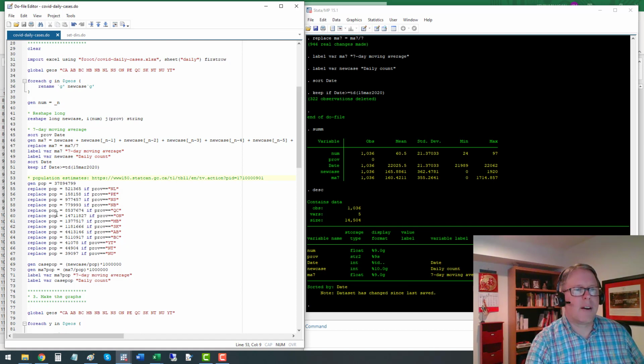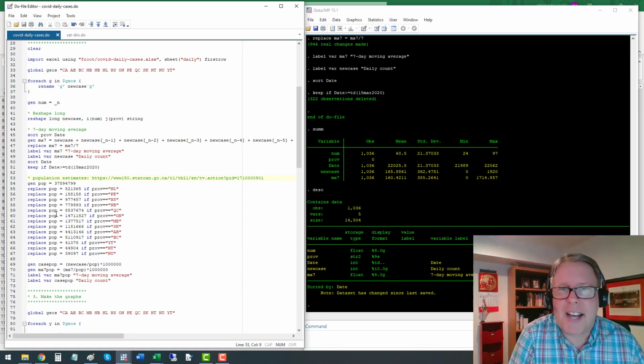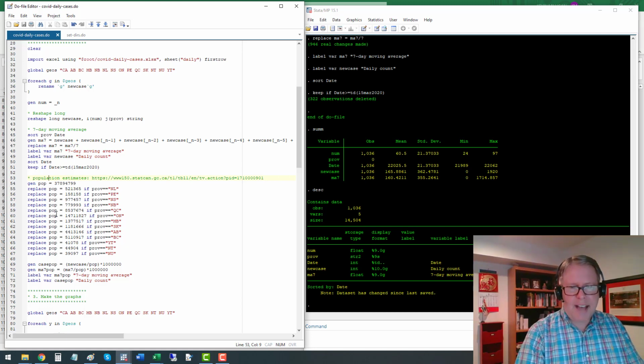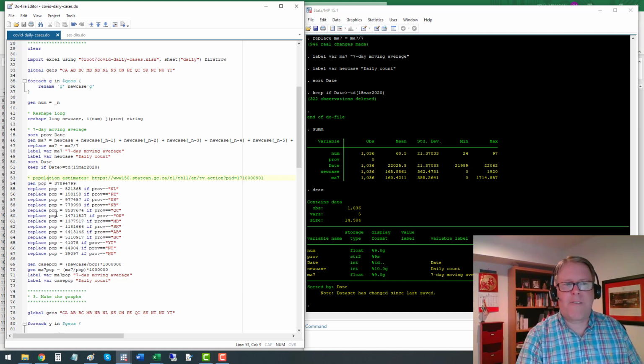All right, the last step here is when we're comparing across provinces, of course, there are different population sizes in different provinces. BC has about 5.1 million inhabitants. Prince Edward Island has like 150,000. And so we want to do some comparisons on a per capita basis. So here I have